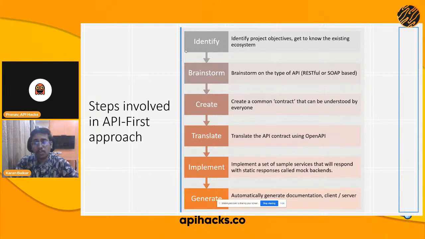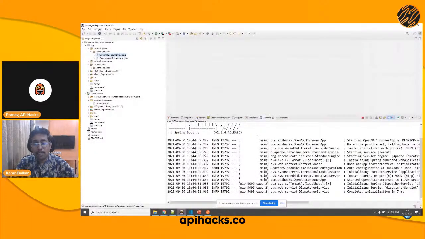So I will move now to my code editor. I have a project that I had developed specifically using an API first approach. Before I come to this project, there is also something that I need to say. This project is based on the concept of microservices. So those of you who are familiar with Spring Boot microservices can easily adopt this in your existing project. Now, to use this kind of services, first of all, you need to understand what kind of app that you are going to develop.